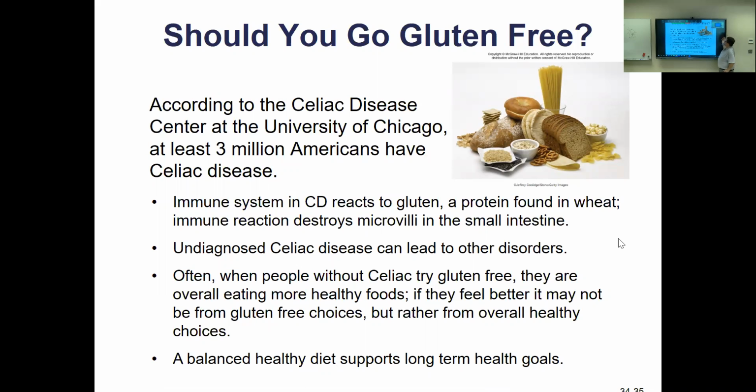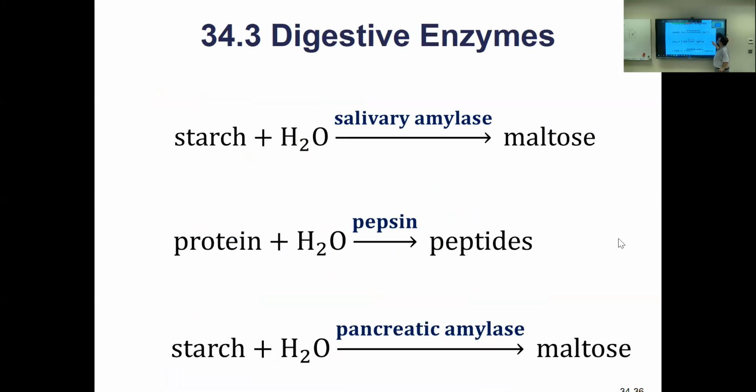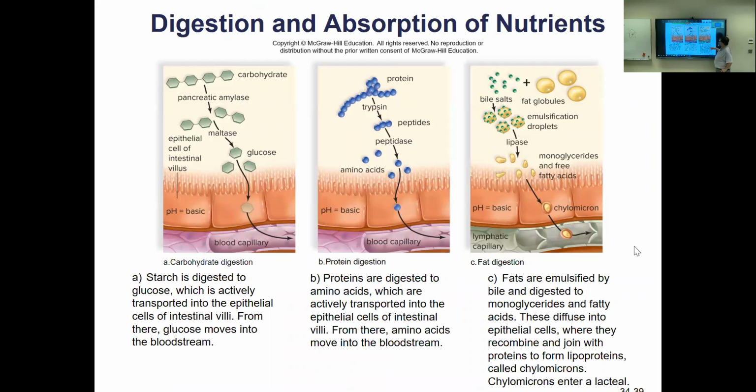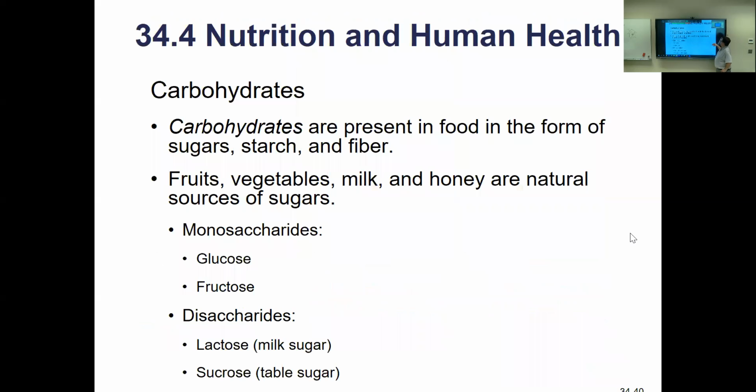What should we eat? Oh my gosh, celiac disease, right? Boy, a lot of people gluten-free, right? And a lot of people have this disorder, probably some other allergies there also. Enzymes to break food down, nothing much here, we're about through with it. This is showing absorption of sugars, proteins, and fats get put in the lacteal. So that was interesting. They get put in these little vesicles called chylomicrons, which are fat transportation mechanisms. They carry the fat into the bloodstream and to wherever it needs to be.